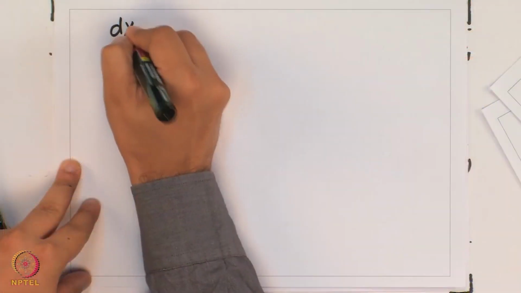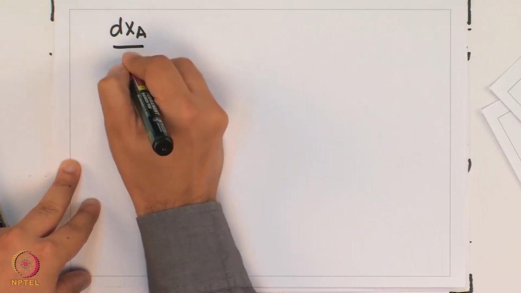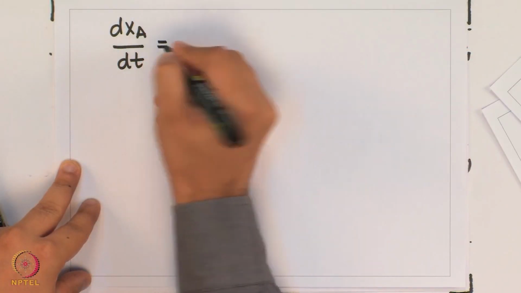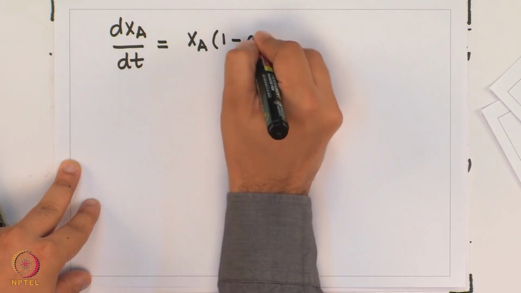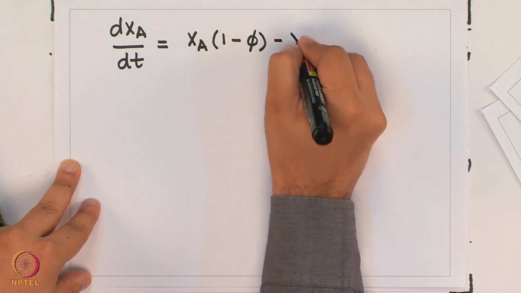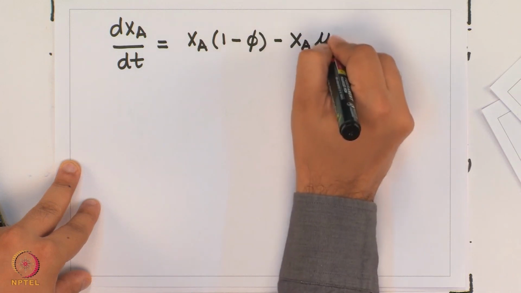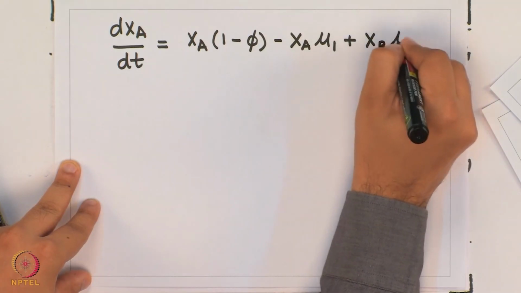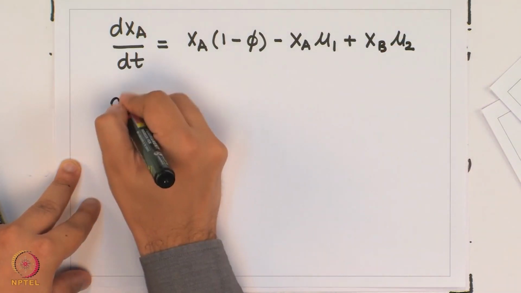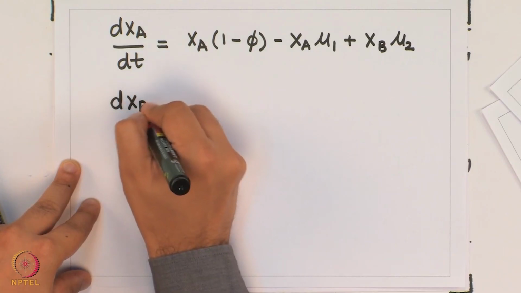With A equal to B equal to 1, we get dxa/dt equals xa times (1 minus phi) minus xa times mu1 plus xb times mu2,